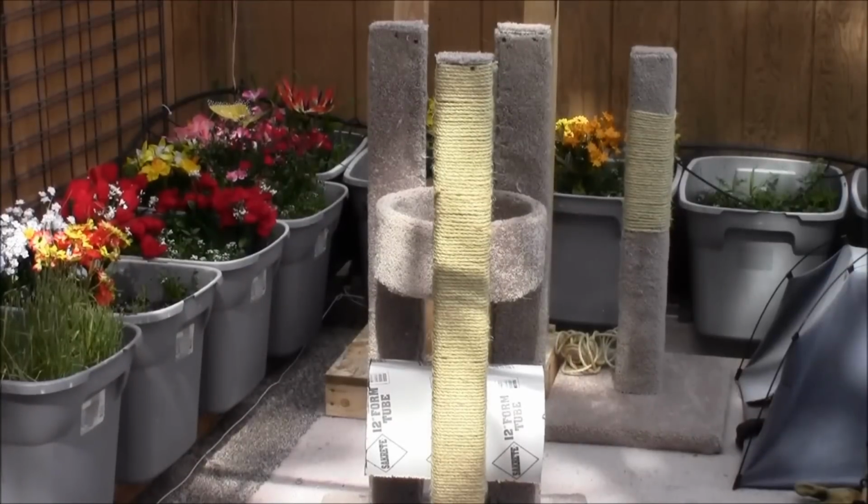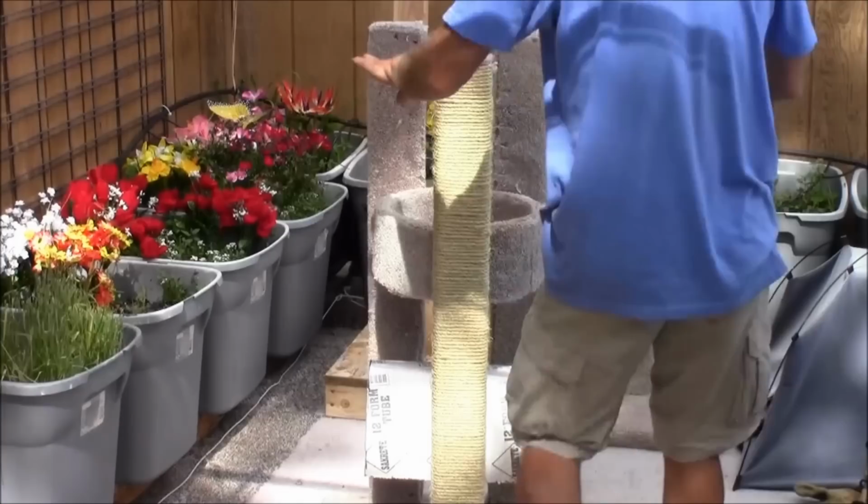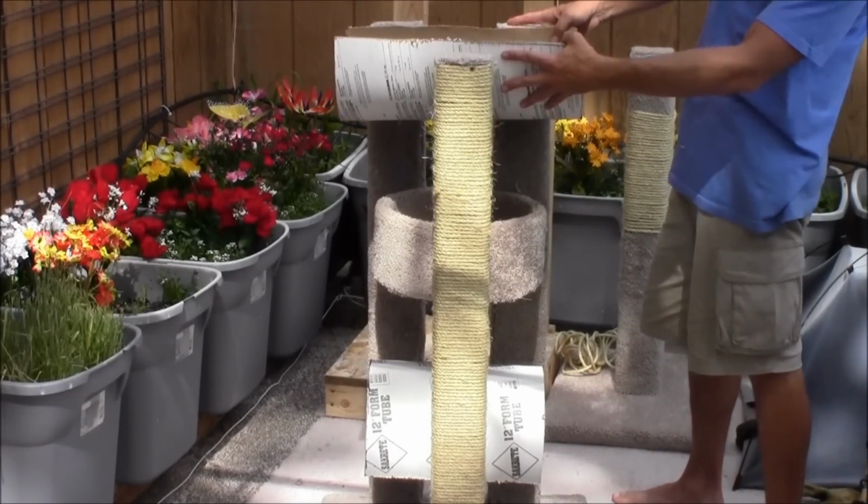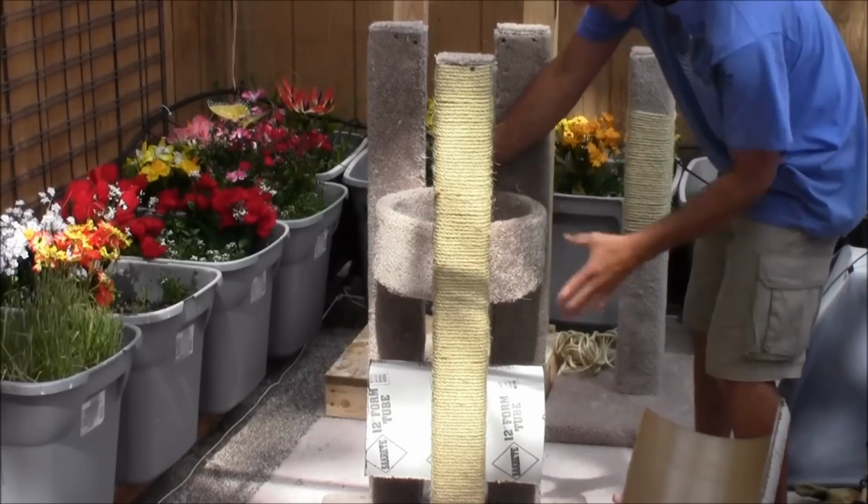Cat tree is starting to take shape. You can see where it's going to lay out. We're going to have the one arch at the bottom. We're going to have the hanging bed in the middle, and then another bed up on top. So let's kind of eyeball this out and see where we're going to keep our bed. So we'll put the bed there. That gives the cat enough room. Let's put the bed down just to